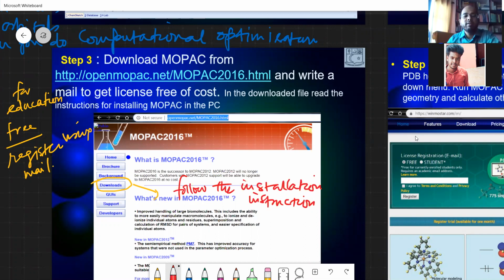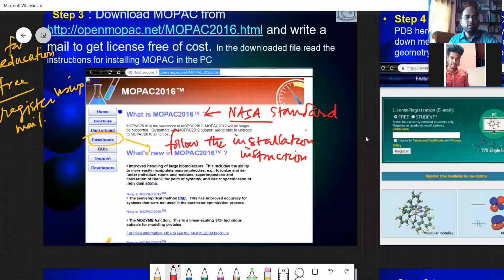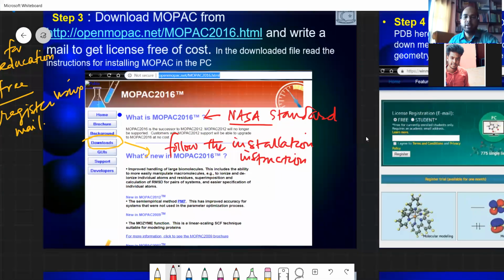Now, this Mopac was developed by a lab from NASA, and therefore it's a very standard software. One of the labs, one of the space labs. You see how a space lab is having some chemistry research also. Okay, this is one thing to wonder: what does chemistry have to do with the space lab? It is all about the materials, light materials, optical property materials, magnetic property materials. So you can just download the Mopac in the download field, and the registration and installation of the Mopac in the PC is to be done. I have printed the manual.